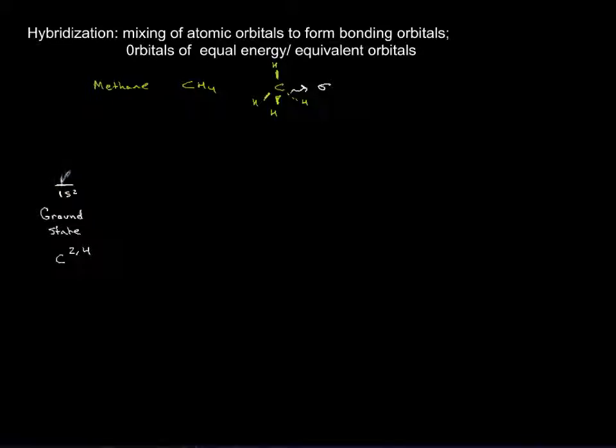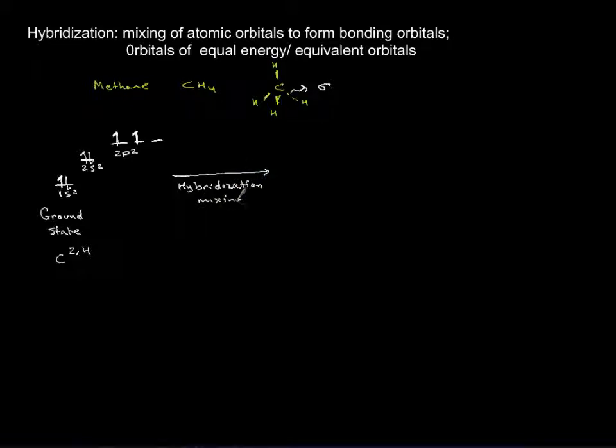1s2 has the lowest energy, spherical in shape, 2 electrons. Then at higher energy you have 2s2, 2 electrons there, opposite spins. Then 2p, slightly higher, and don't forget p has 3 orbitals. 1 electron goes into each of the vacant orbitals due to Hund's rule. Now we are going to mix this, and that mixing we are going to call hybridization. So mixing of orbitals, hybridization,